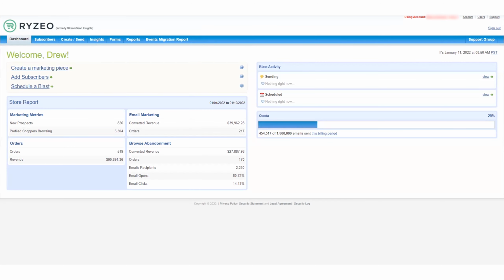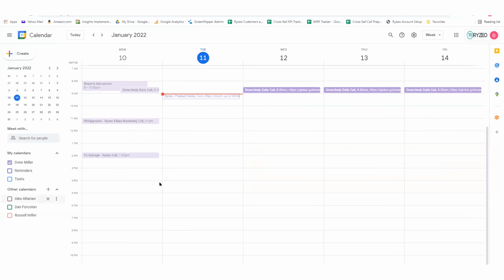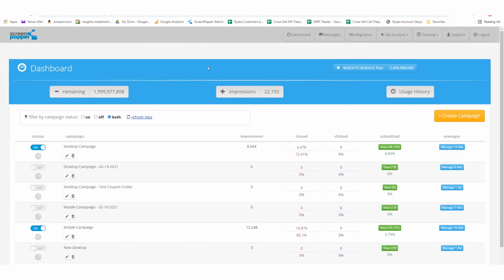So yeah, we basically have two services: email marketing, which we started a ways back, and then we added about 6 years ago our insights service, which is the behavioral remarketing. So I'll start with that. I'm going to jump over to what our email behavioral remarketing or insights service is,